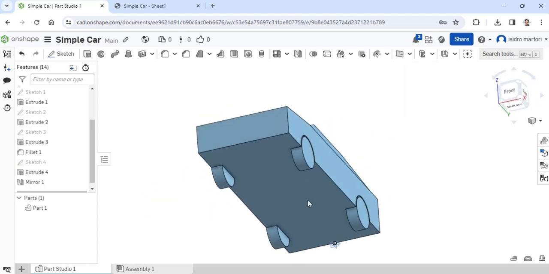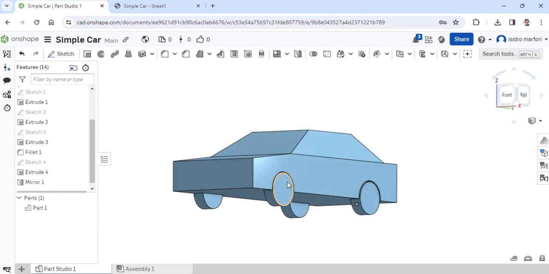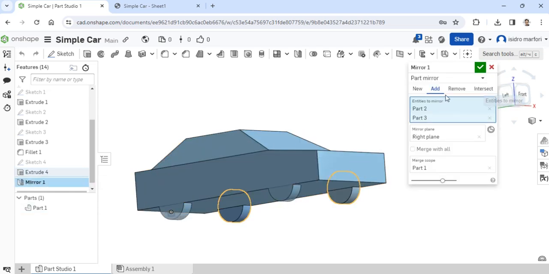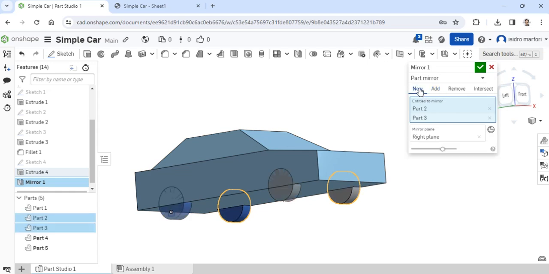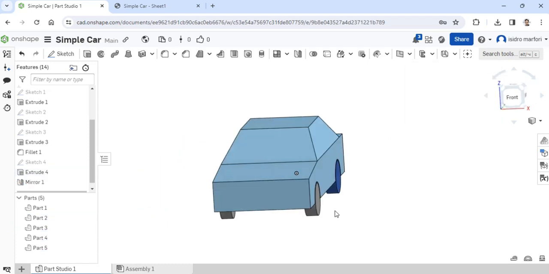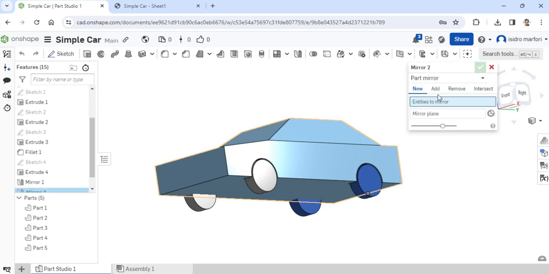But then it only copied the wheels, not the wheel wells. So the good thing about parametric is that you simply double tap your mirror one and you could simply change it. You'll make it new so that the wheels will not be merged and tap it. And then we will also need to mirror the wheel well. So we have two mirror commands. One would be new and one would be, I'm not sure, maybe it will be intersect, remove or add. But let's see what happens.